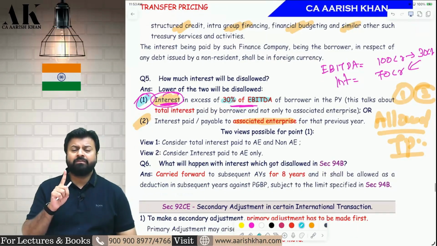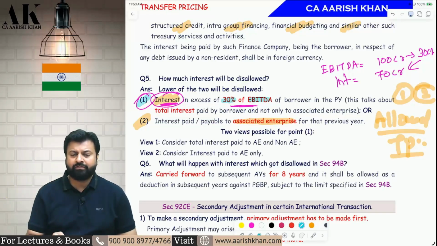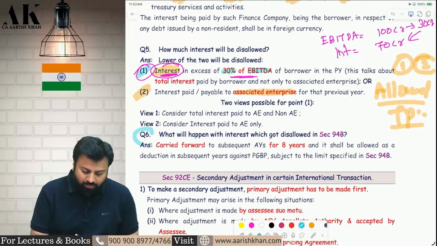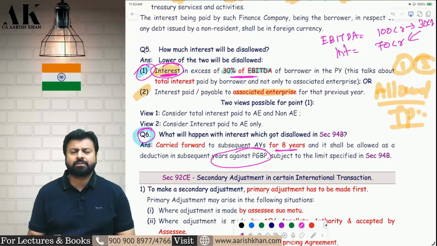So in point number 1, you have to take total interest or interest paid to associate entity. Compare that with 30% of EBITDA. Whatever is the excess, point number 1. Point number 2, always interest paid to associate entity. I hope it is clear to all of you. Now, whatever interest is disallowed, don't worry, don't be disheartened. Whatever interest is disallowed, you are allowed to carry forward in the next year, and you can carry forward and set off for 8 years against your other PGBP incomes,